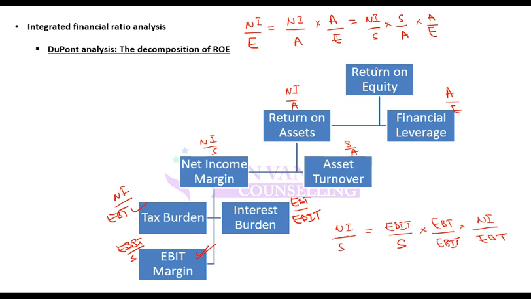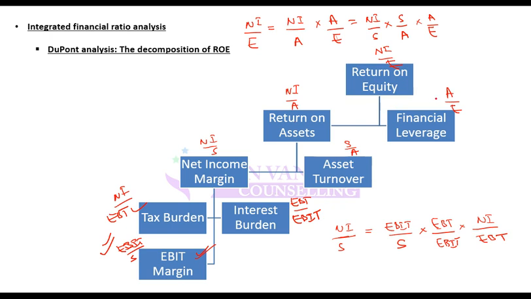So whenever analyzing change in return on equity, and this will be net income divided by equity, you should find out what is actually causing this change. If it is coming from here, that is very good and that is sustainable. If it is maybe coming from tax, that is due to tax changes and not due to the company's ability to generate more return. If it is due to interest burden, that means maybe a company has taken more debt or leverage and its risk has increased.